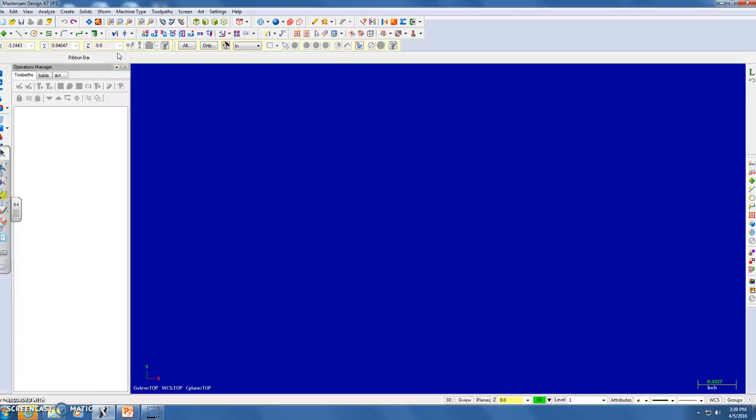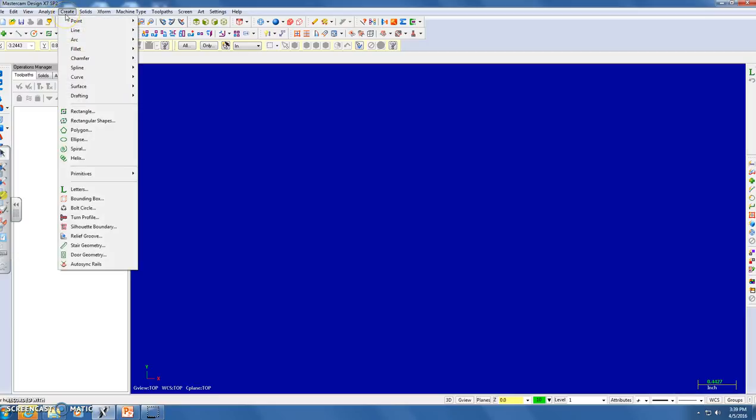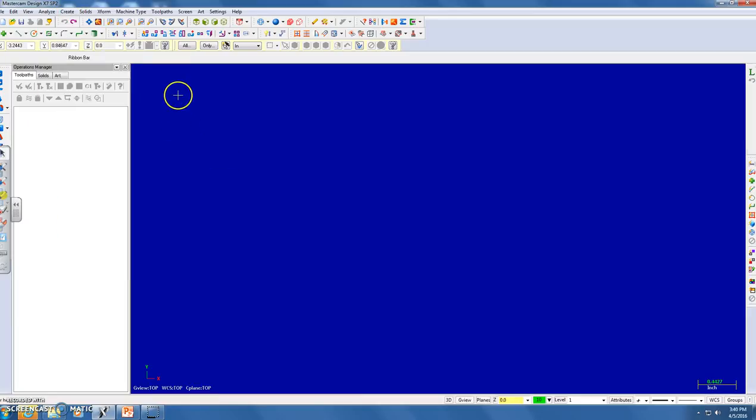With Mastercam here, all their basic drawing tools are under the Create menu. We can do lines, arcs, fillets, chamfers. You can do rectangles, ellipses. You could even do a spline, which I'll talk about a little bit. The shortcut for these on the ribbon here is all right here. You can see the spline, the manual spline, also known as the polyline, is a little different than the